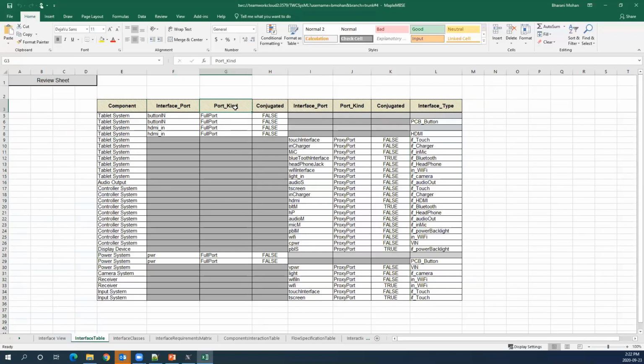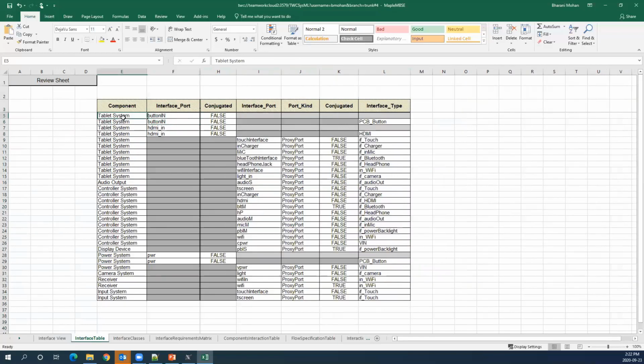I could make a decision that I don't want to display the port kind, and I'll hide this from the end user. I'll just tell him that there will be components, the interfaces through which the components are going to interact, and what kind of interaction it's going to be, for example, if the interface is for a Bluetooth or a Wi-Fi camera, etc.